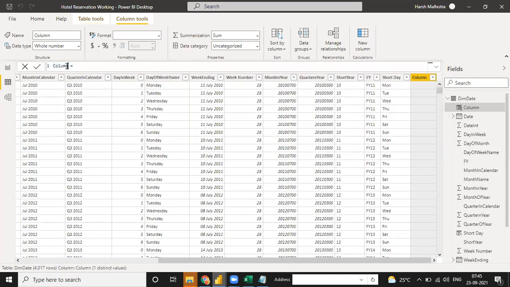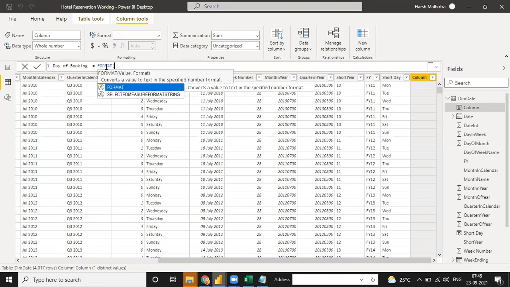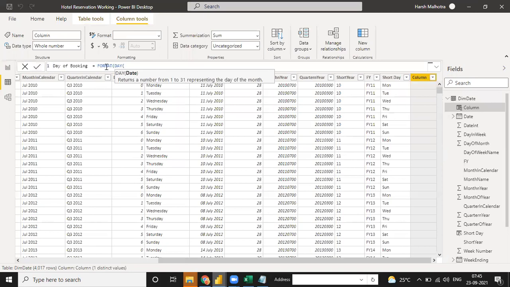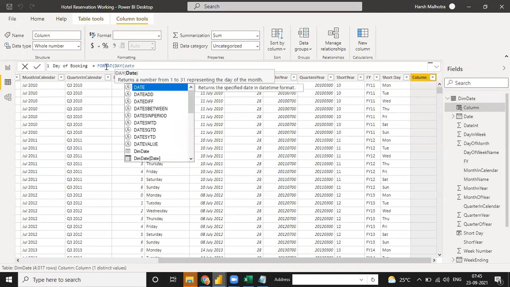So for the date, you have the day like Sunday or Monday, this kind of thing. Already we have Monday, Tuesday, the day of the week name. So why do we need this? I just click on day of booking and tell you how to format. You can do the format function, and you need just a day value.